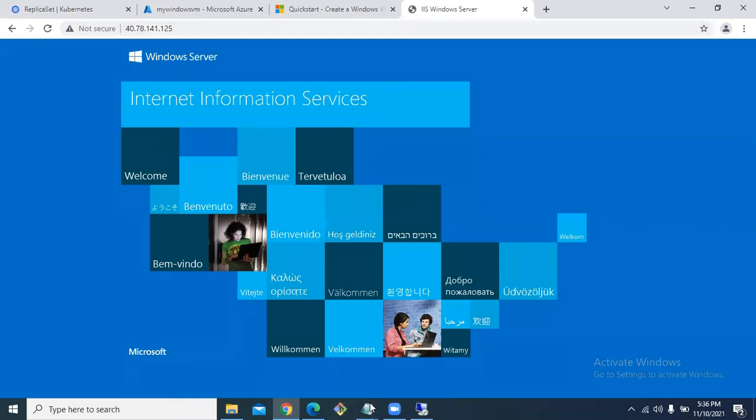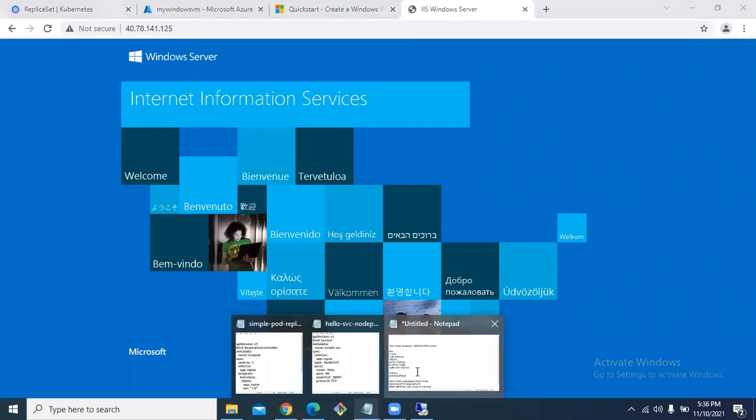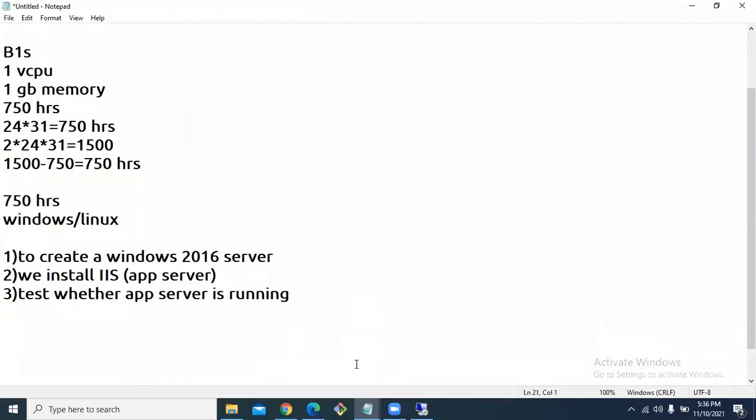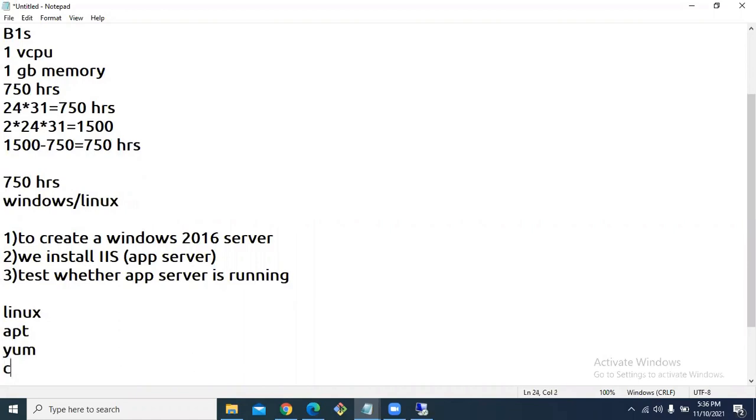there is another important thing we have to know before we move to Azure DevOps. With respect to Linux platforms, we have package management commands, right? We have the apt package management command, yum is there, and for Mac operating system we have Homebrew.